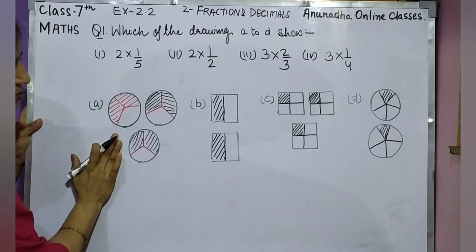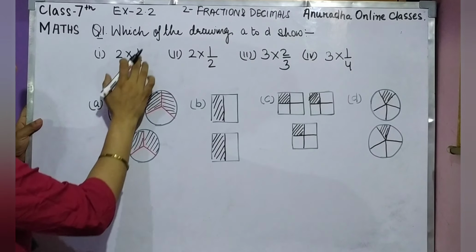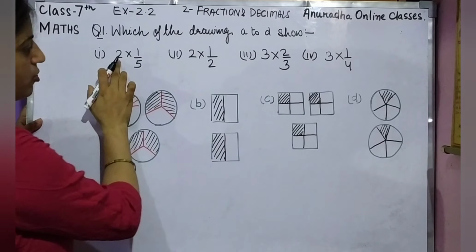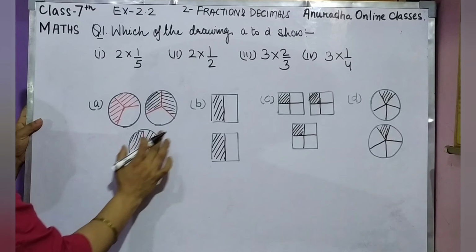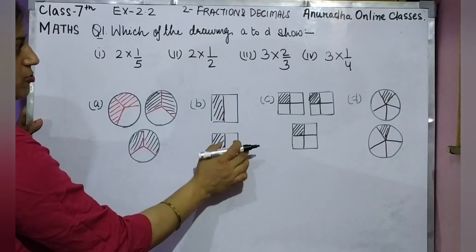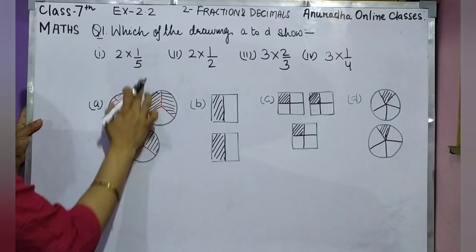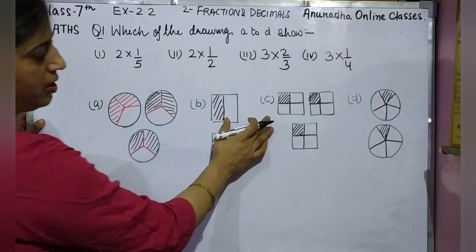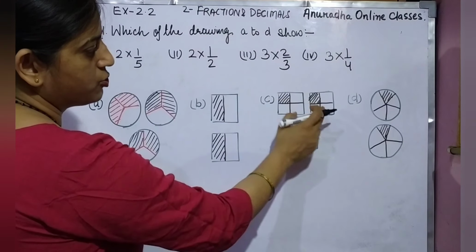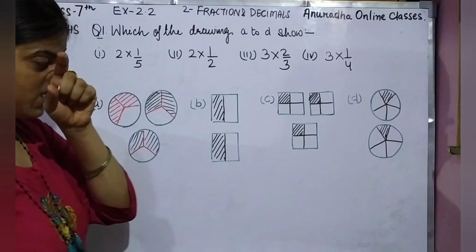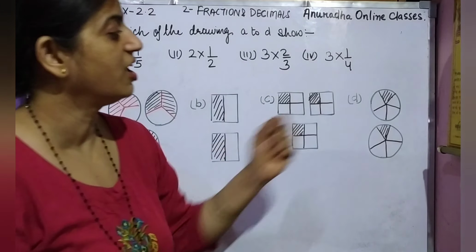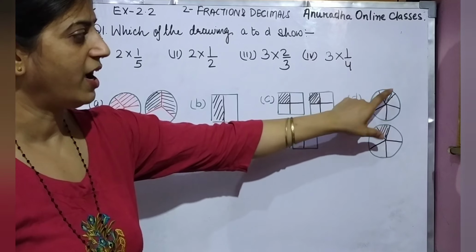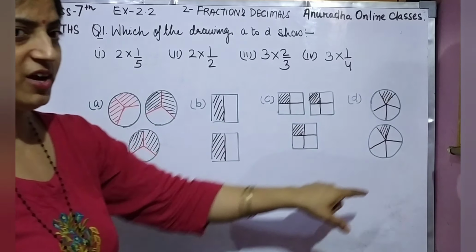Let's see. This is what? 1, 2, 3. Means ये 1 upon 5 तो नहीं है? Okay. This one is and 2 figures भी नहीं है. Here 3 figures are there. अब ये वाला देख लेते हैं. 2 figures तो है, but is it 1 by 5? 1 by 5 तो नहीं है. 5 इसमें parts नहीं दिख रहे हमें. Now let us see this one. 1, 2, 3. It is having 3 parts, तो ये भी नहीं हो सकता. Now let's see the D1 part. 1, 2, 3, 4, 5 and 1 is shaded, means 1 by 5.